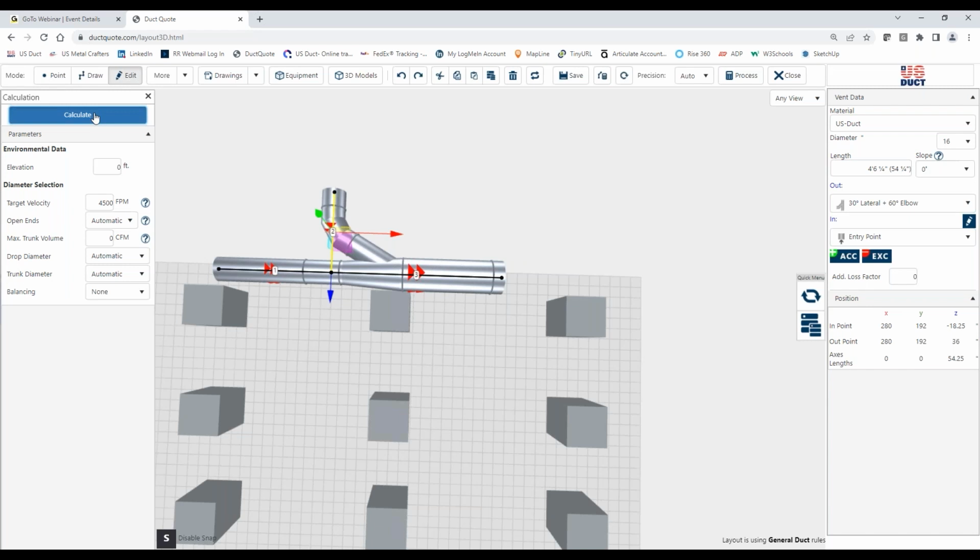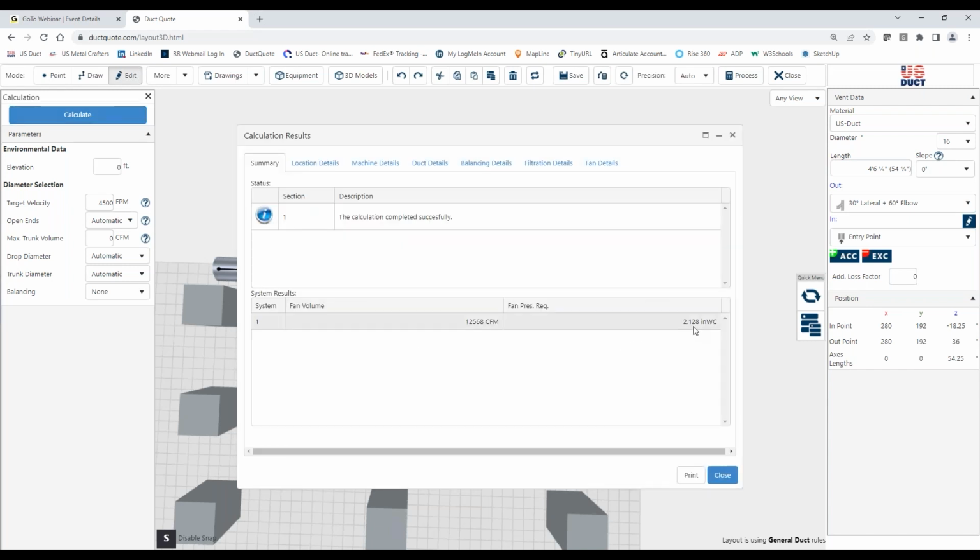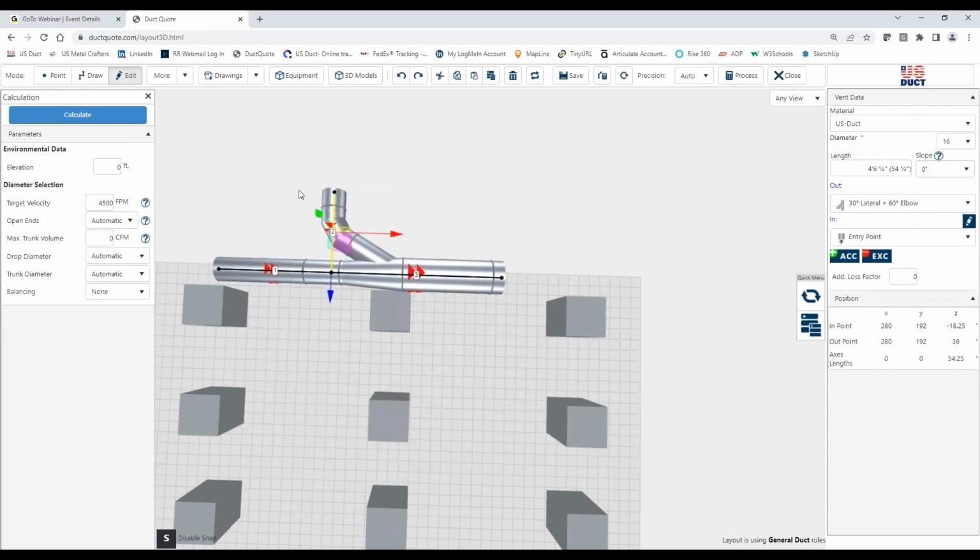So when we calculate again, we had 2.1 before, we've got about 2.1 again. The difference is way out here in that third digit after the decimal point, okay? It was a 0.125 for the 45 with 45. The 30 with 60 is a 0.128. It's a very small difference, but that 60-degree elbow turning makes a difference, okay? All right, so